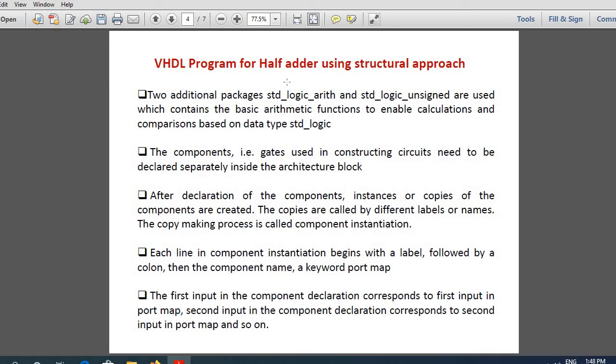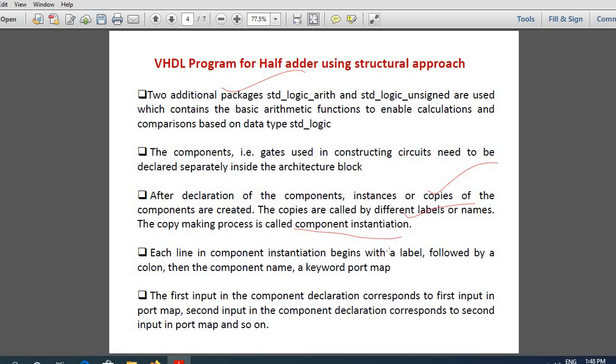So here, as I told you, I have two additional packages, arith and unsigned, also written here. Now you need to declare the components. After declaring the components, copies of the components are created and copies are called by different names, and the copy making process is called component instantiation.